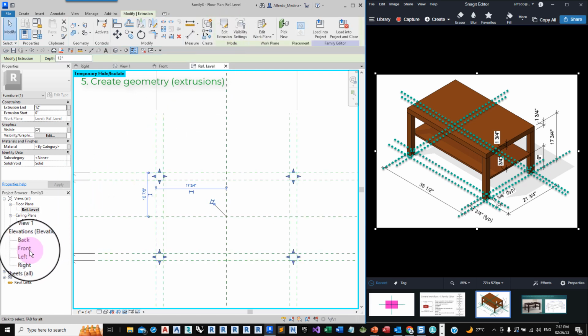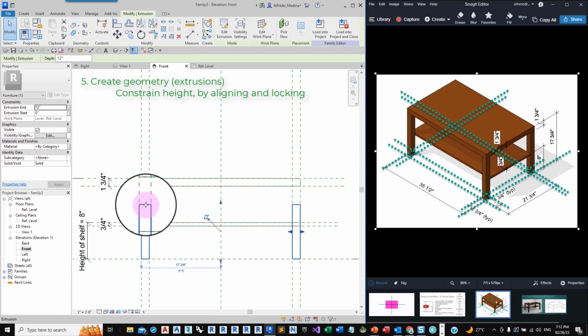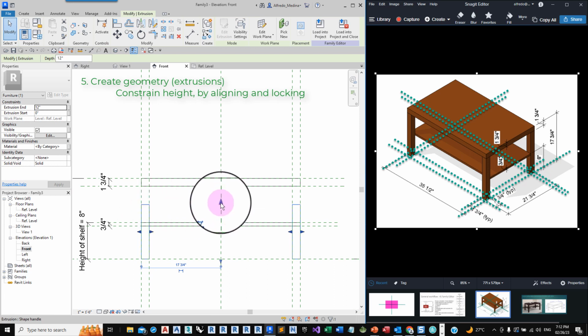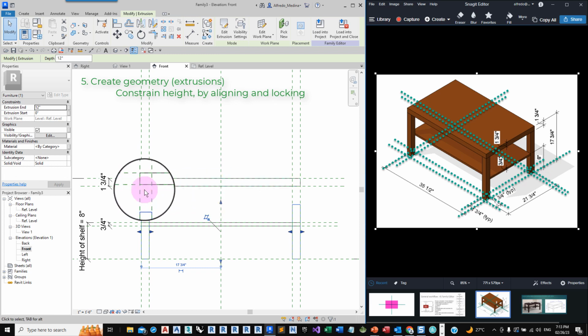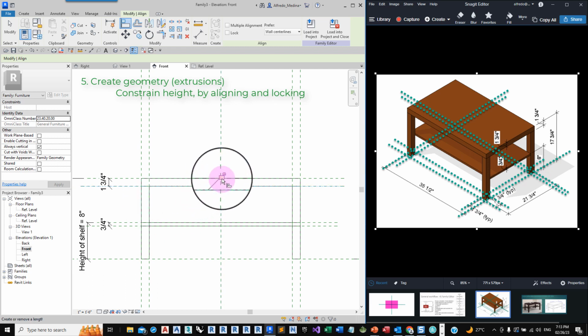Then I go to the front elevation, and instead of dragging this arrow to here, I would prefer to do align to this reference plane, take this top of the legs and lock.